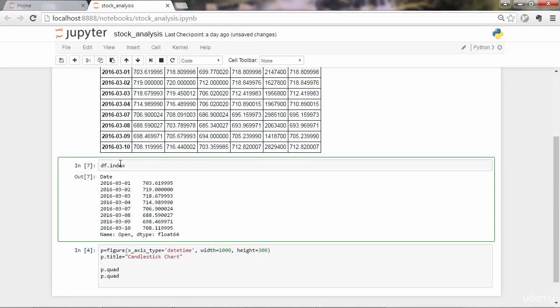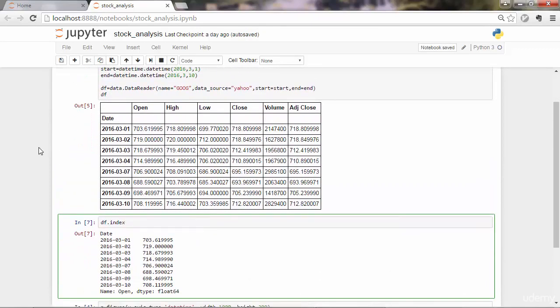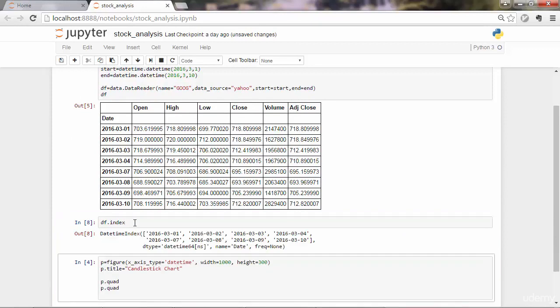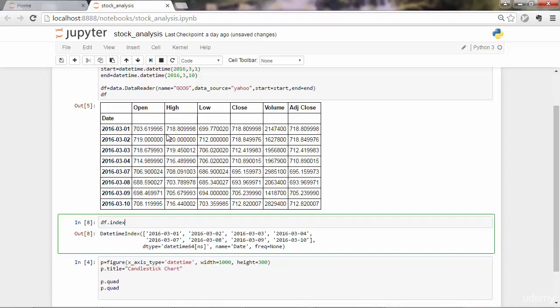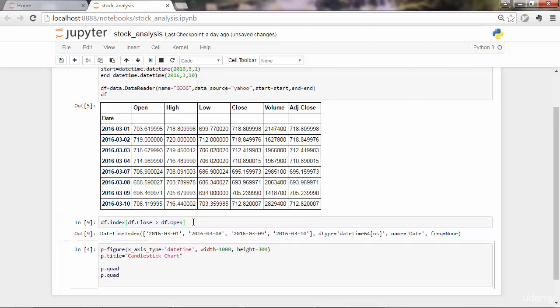So how about filtering only the rows of the data frame where close is higher than open? Well, with df.index, you select the entire date range, so we need only the cells with close higher than open. That means out of this range, you need to make another sub-selection, which would be df.close higher than df.open. So this is a condition that is applied to this range. Now if I execute this, I get only